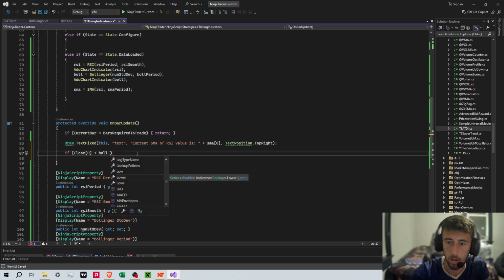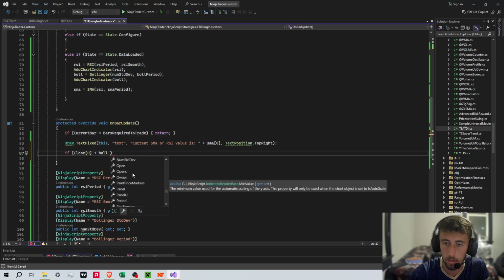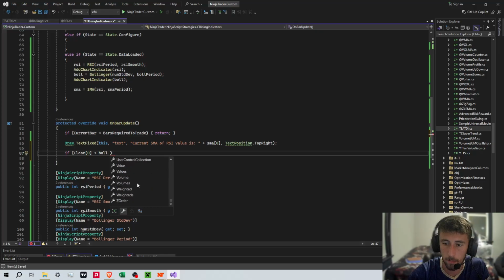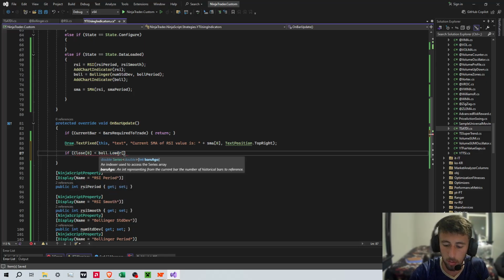But if you do bull dot, you can see middle here. I'm not sure why all these other ones are here. I thought it'd just be the actual ones that plot data, but we're going to do lower 0